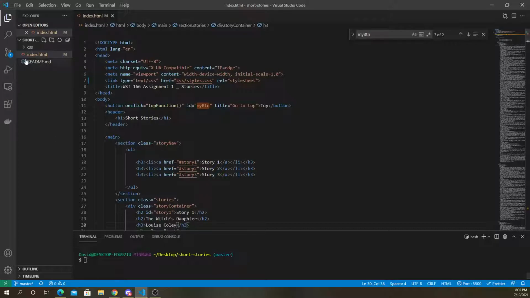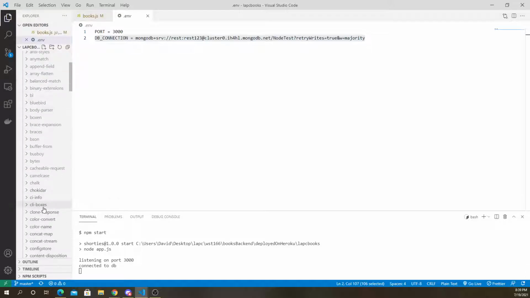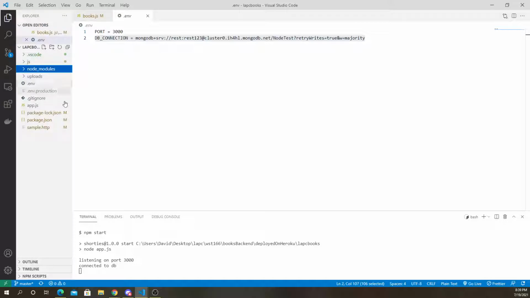So the problem with static sites or static hosts like GitHub Pages and Netlify is you cannot run commands that are required for some of these modules to work, right? Because when we run npm install, it downloads all these things here, and all of those things have to run, and they have to be installed,